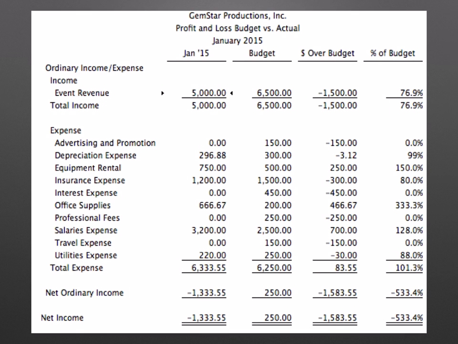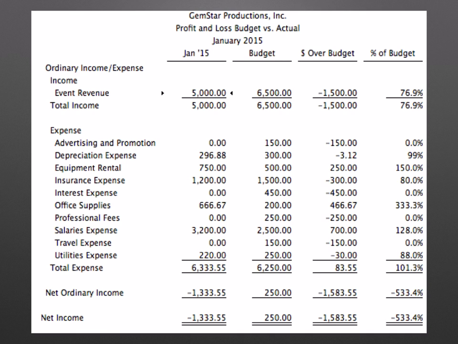Equipment rental fell above the budget by $250. However, once Gemstar returns the equipment, they will receive the deposit back, which will lower this figure below budget. Office supplies also fell above the budget, most likely due to the great deal on paper from Staples. However, the amount of paper purchased is estimated to last for at least 6 months. Salaries expense also fell above budget, as Gemstar had an extra employee on the payroll. As of February 1st, this employee has retired, which will allow the salaries expense to fall back below the budgeted